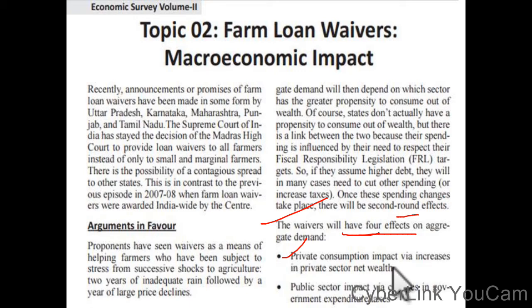the impact that is increases in private sector net wealth, private sector impact that is changes in government expenditure,